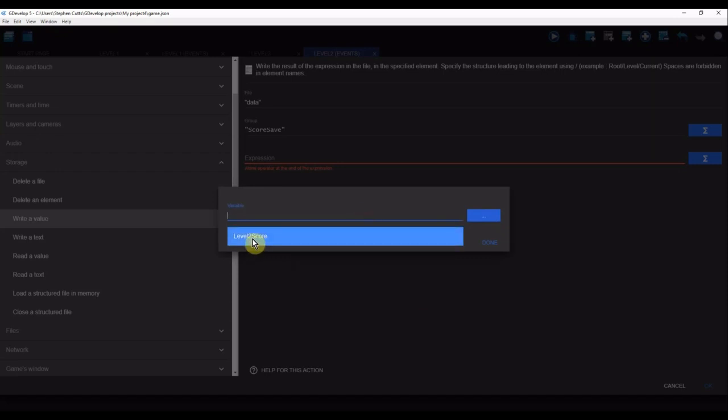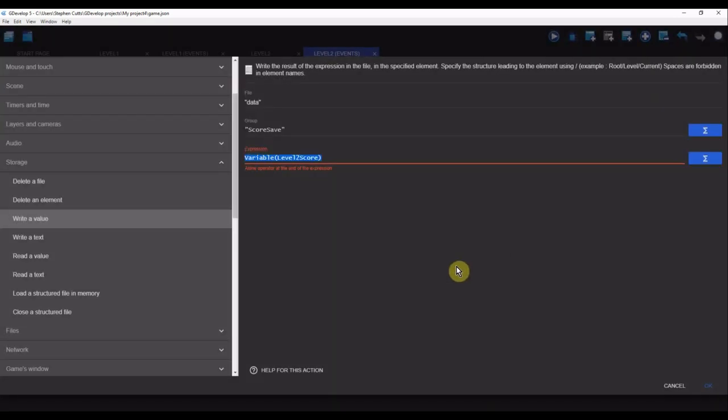Now remember, scene variables can only be seen by that current scene. So we can't see that level 1 score, because that's from level 1. So that's why we don't see 2 scene variables. All right, so now this group is going to contain this value. We hit OK,